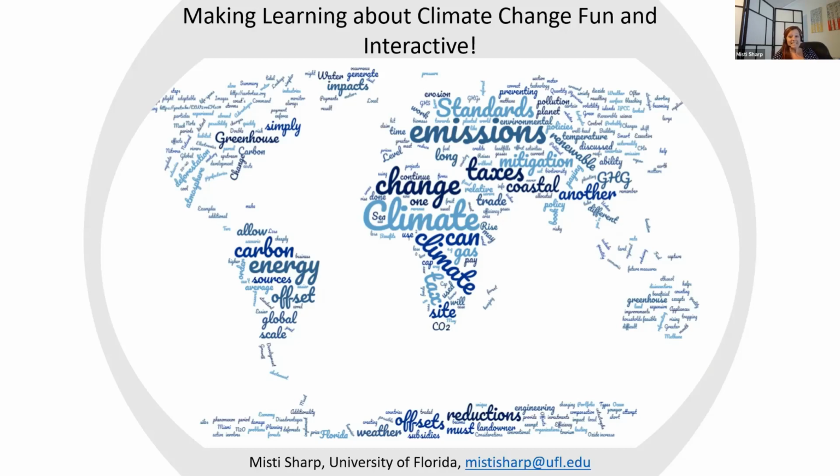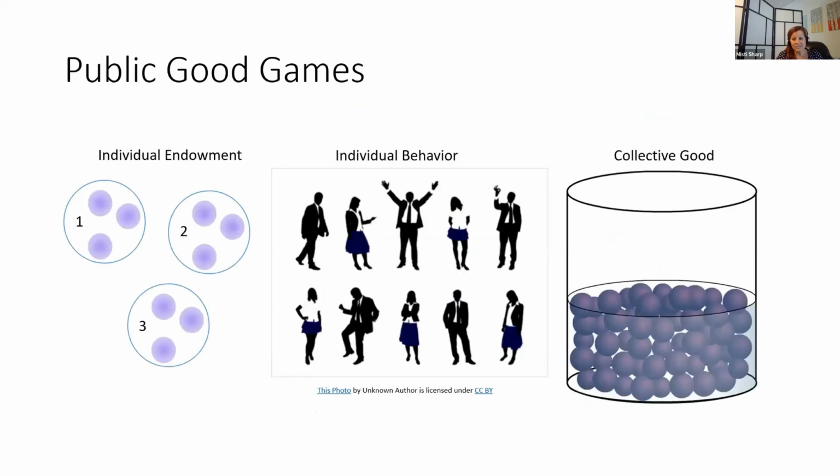But at the end of the day, adaptation and mitigation of climate change is really just the provision of a public good or avoidance of a public bad. And so I was thinking, why not just use a public good game to teach them about climate change negotiations and climate change policy? As you all know, as economists, a public good game is really just highlighting